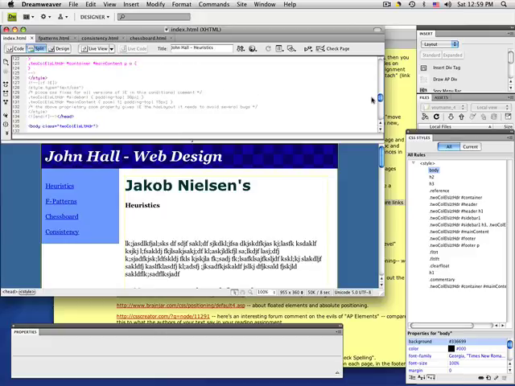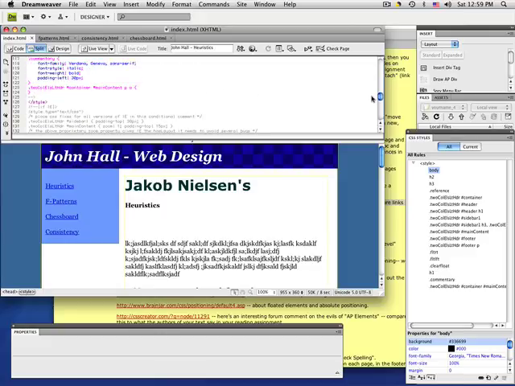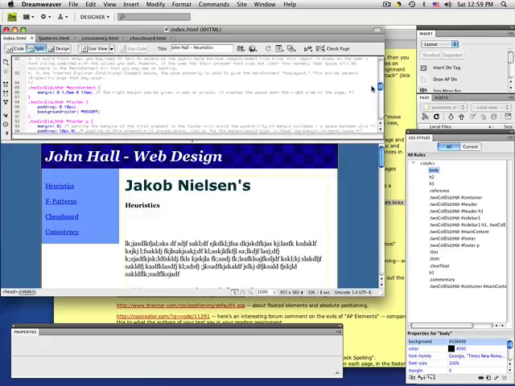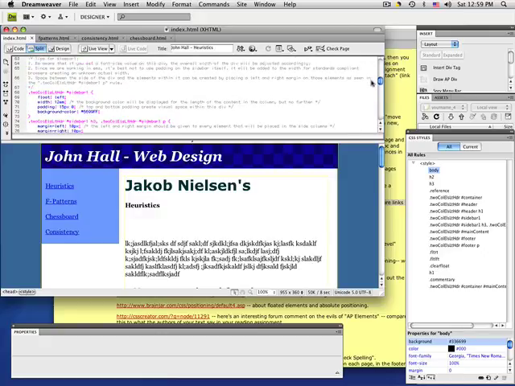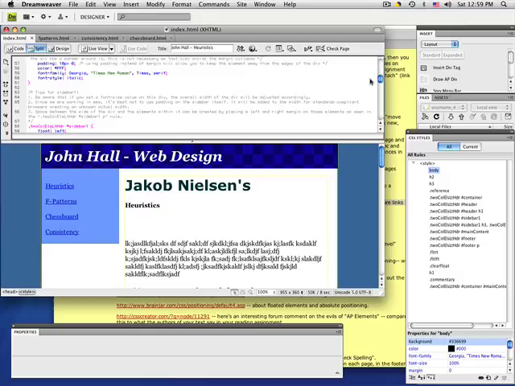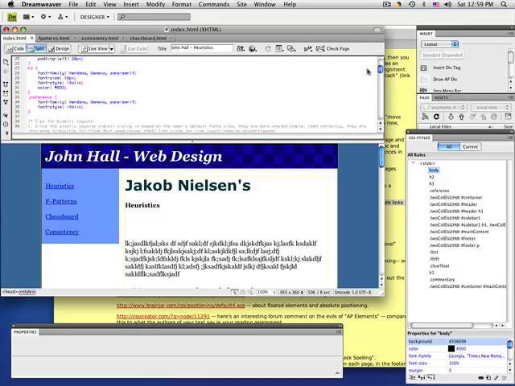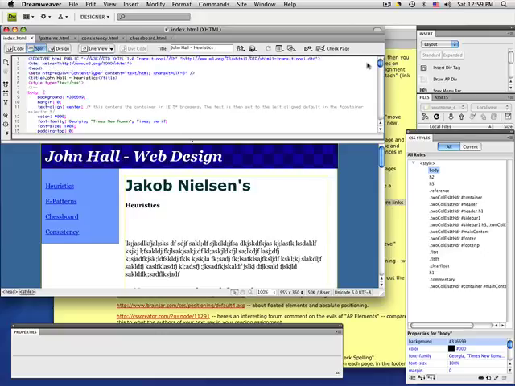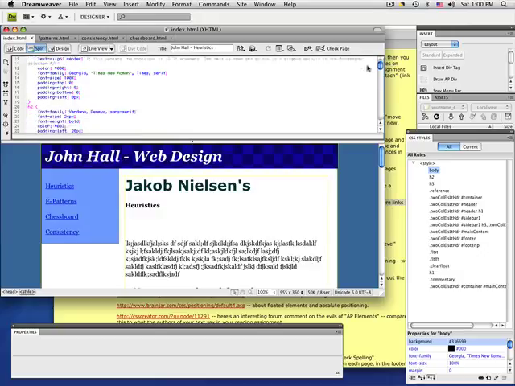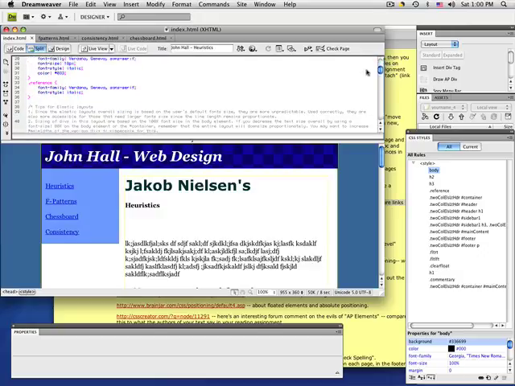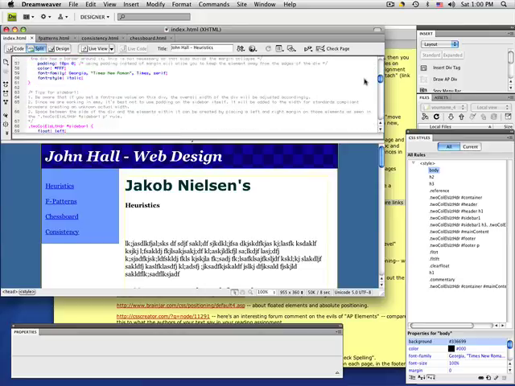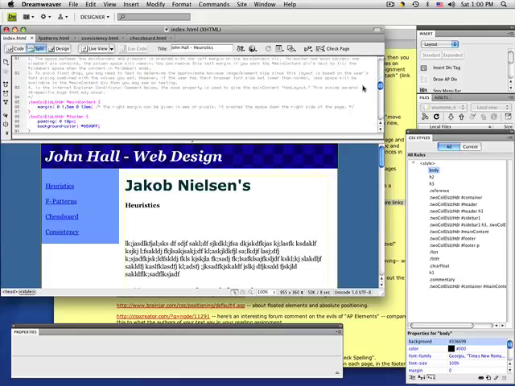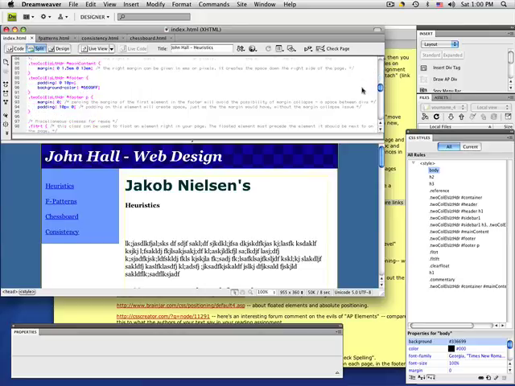Now in our cascading order, these might take a higher precedence than external, but the goal that we're getting to is to eliminate as much style data from each local page as we can. That helps search engine search, helps optimize your site, helps get rid of a lot of extra code in there. And so we'll get rid of all these, and we don't have to do this up in the code. You can select all these,